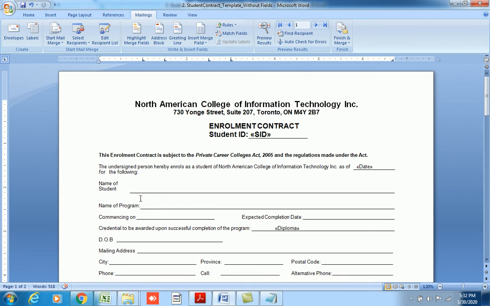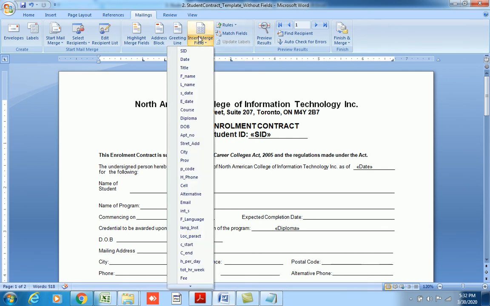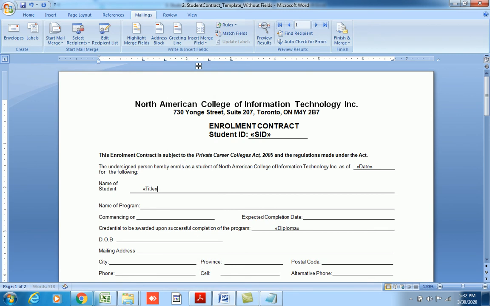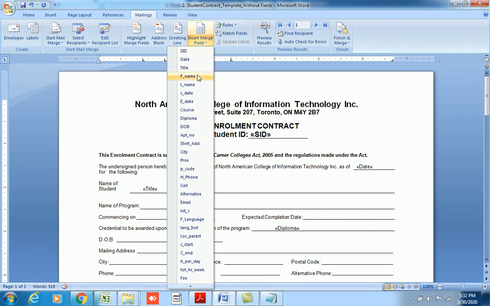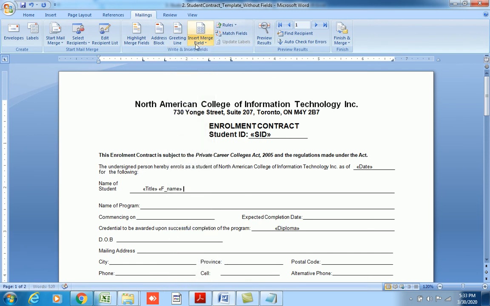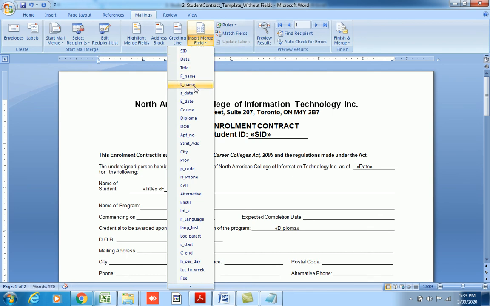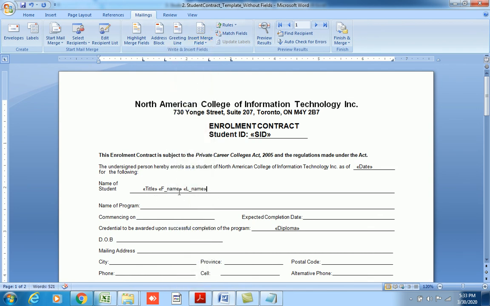So I do not have any field name here, so I will go to my field list, select title, and before I insert the second field, I will press a space key. Okay, go back, first name, a space key, and a last name again. So it's the same thing, but it's just with the spaces. So it's up to you, really. It doesn't make any difference, but it's just a matter of convenience how you feel comfortable doing that, right?